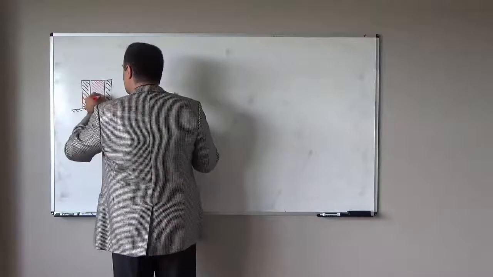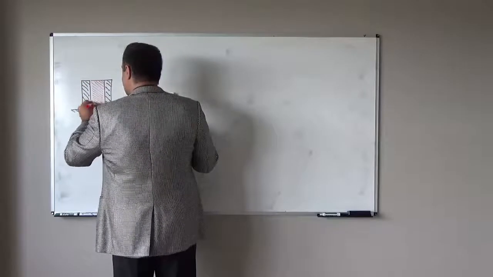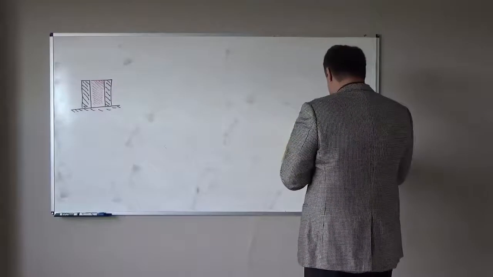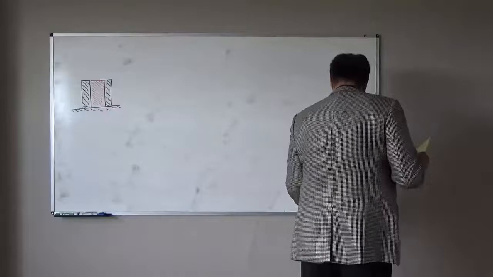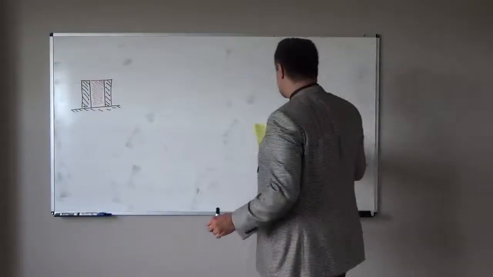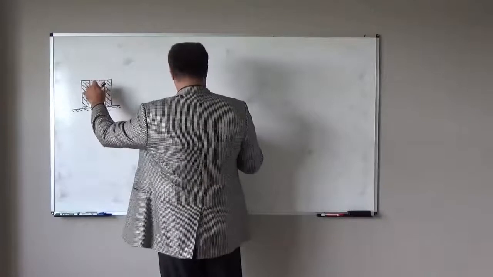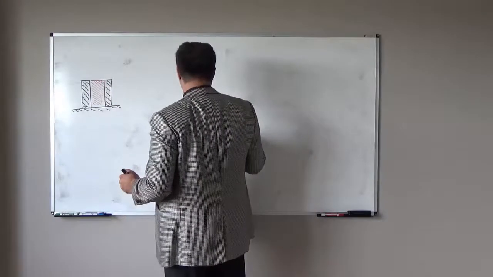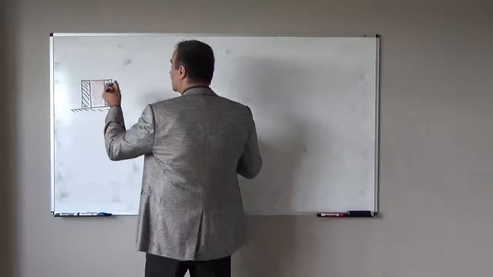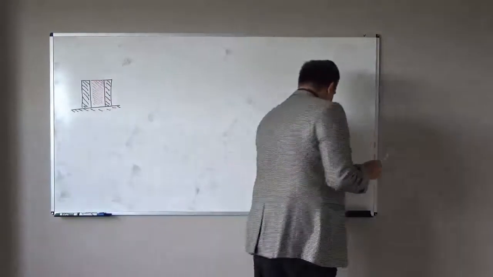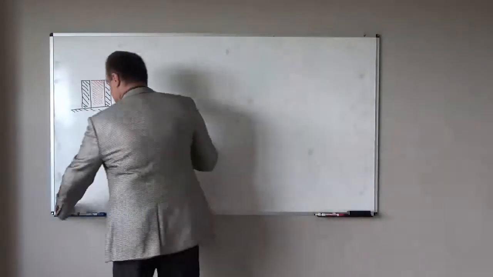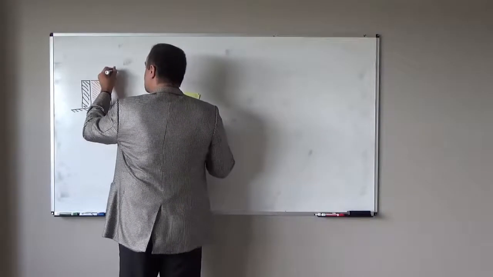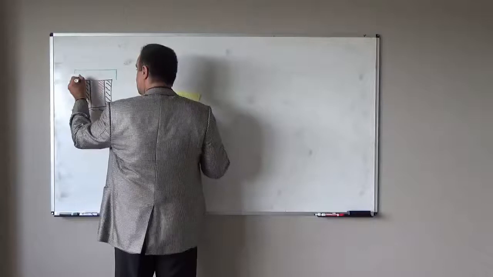Red will represent the copper cylinder. The assembly is subject to an axial load of 200 kilonewtons. Here at top we have one rigid plate,